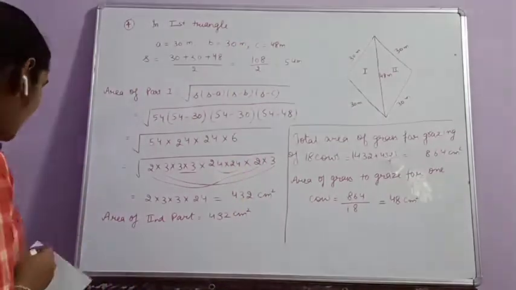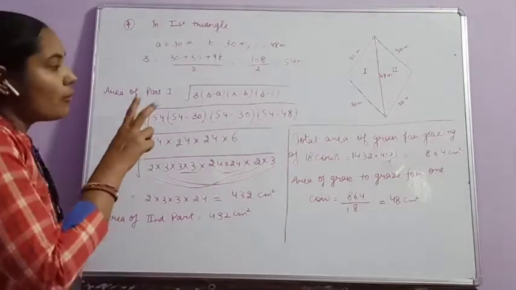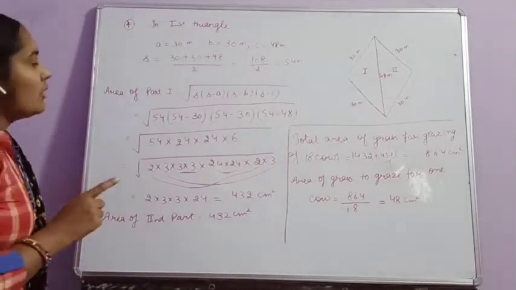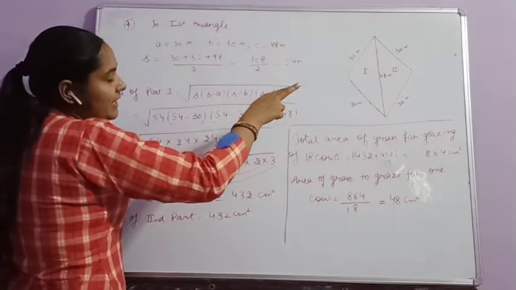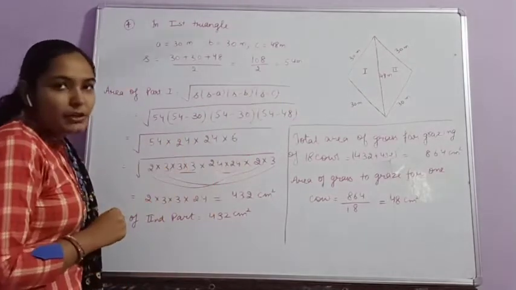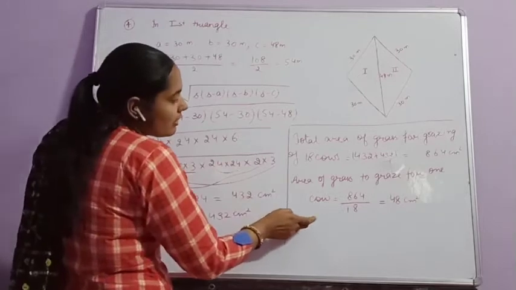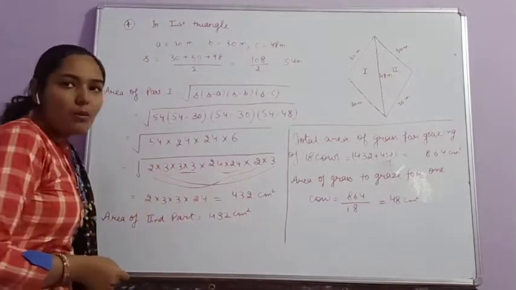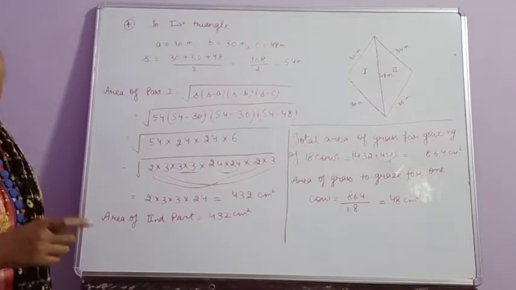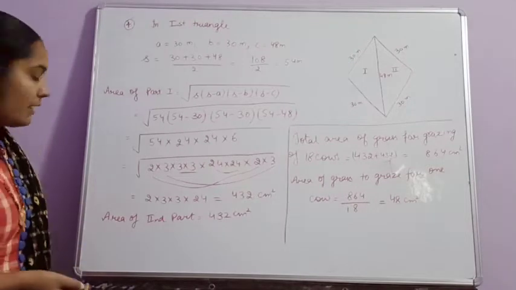Clear? Firstly, we calculate area of rhombus field by calculating area of first part and second part using Heron's formula. Then we find out area of grass to graze for one cow by dividing total area by 18. Clear? Now next question is,